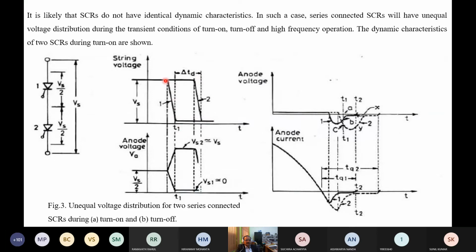So here what happens? You see here, voltage across T1 drops to the on-state voltage drop, and therefore all the voltage will be shared by the thyristor T2. Suddenly the voltage across T2 rises. If it is equal to the breakover voltage, then it will turn on. Otherwise, it will remain off and will get damaged.